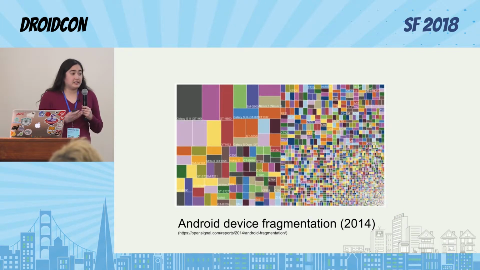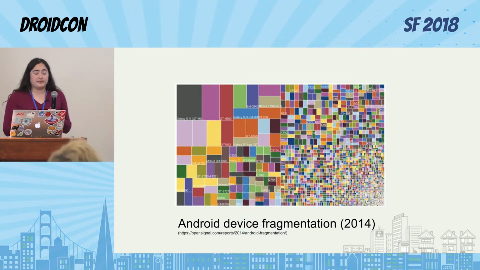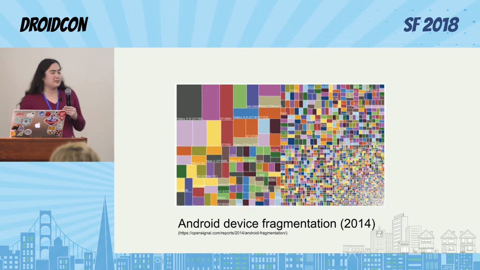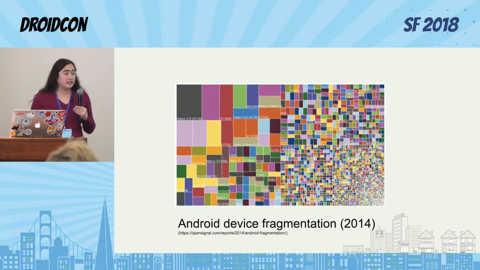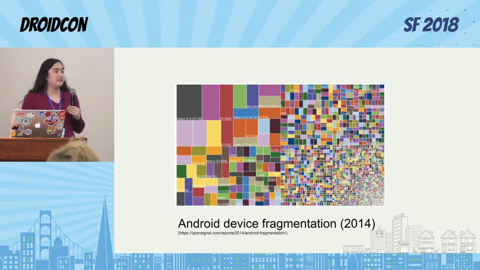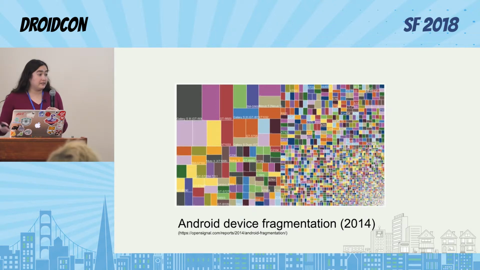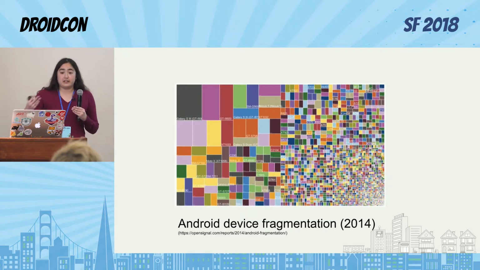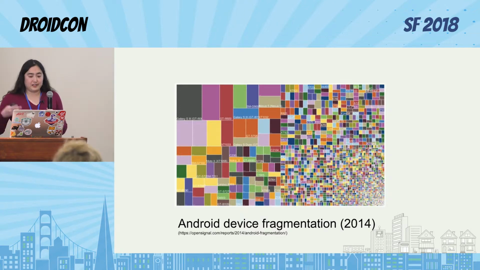The other problem is, especially with Android, the Android market is very fragmented. This is from 2014. I couldn't find a more recent graphic, but it is still pretty fragmented. As a result, things might seem to work perfectly when you test them. You're probably testing on a couple of widely used devices, but especially if you have a fairly international audience, there's probably all sorts of devices out there that are behaving in unexpected ways. So you have to worry about your app maybe doing things you didn't plan for.